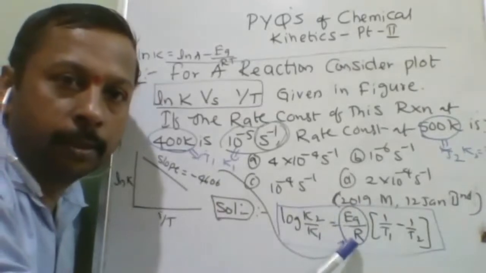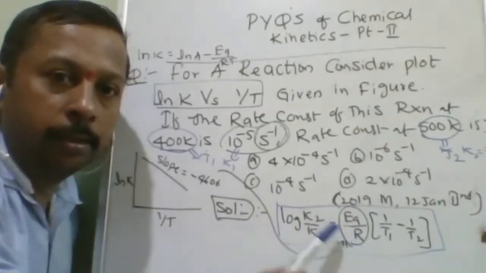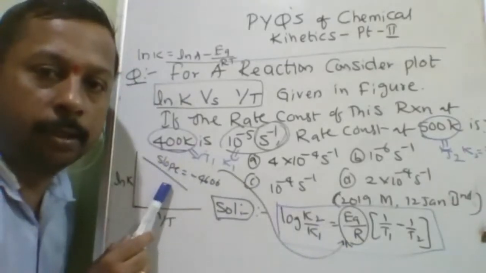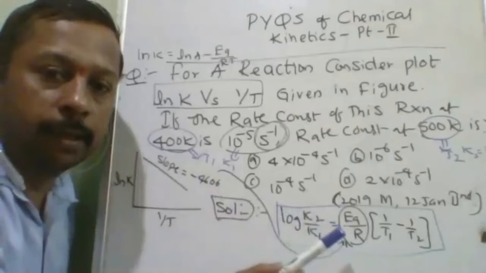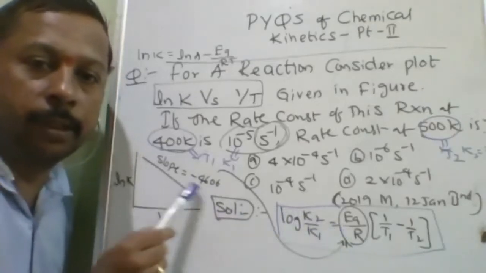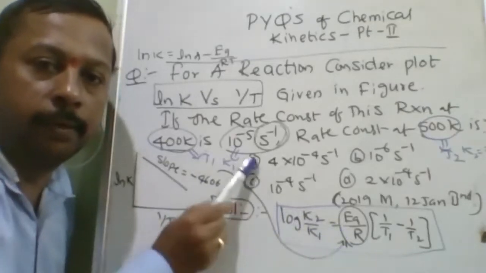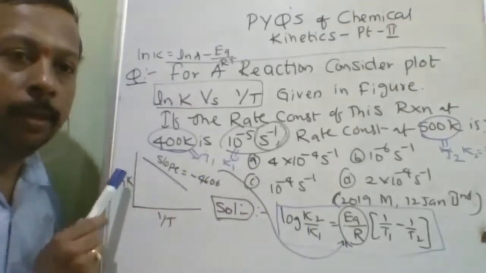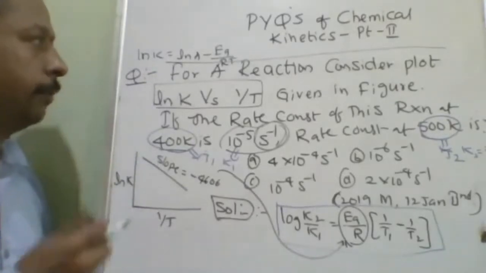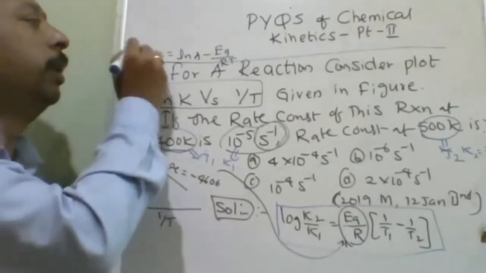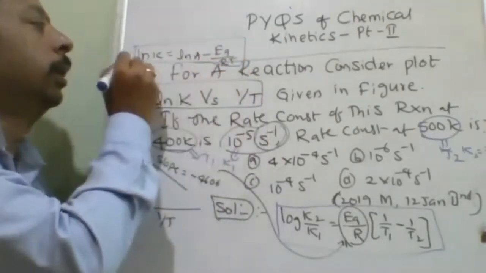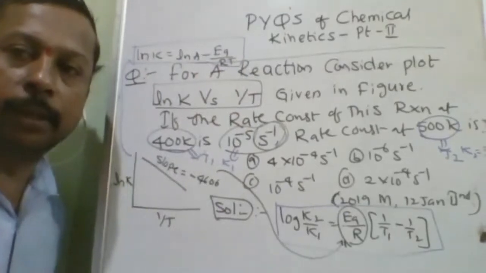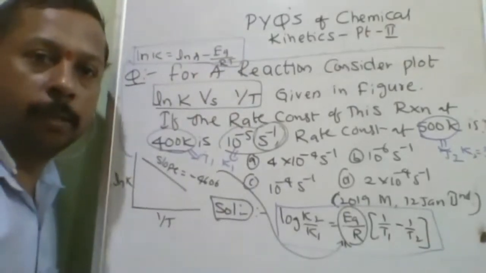Okay. So instead of giving this value directly, you should know about the study of the graph. Instead of directly giving, it is indirectly given with the other graph. Is it understood? So this graph is related to another equation. See how many link ups there are. There are a lot of link ups. So unless you know everything, you will not be able to answer this type of question.